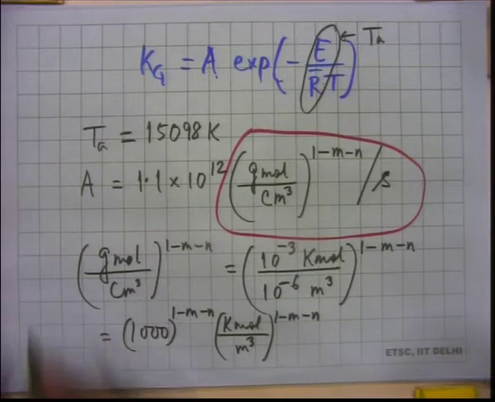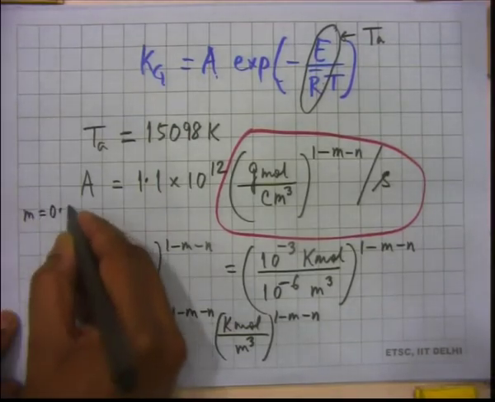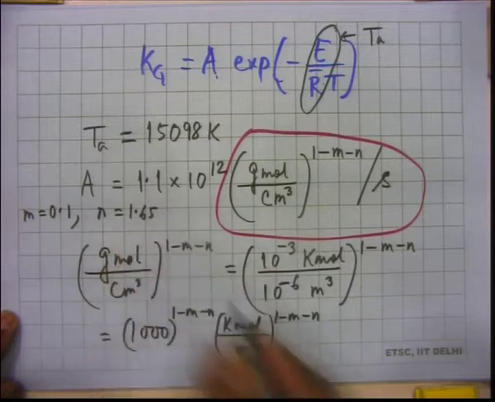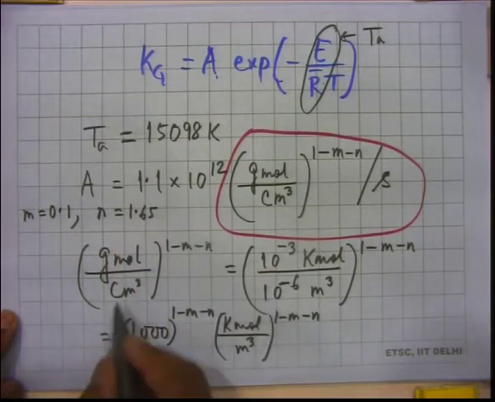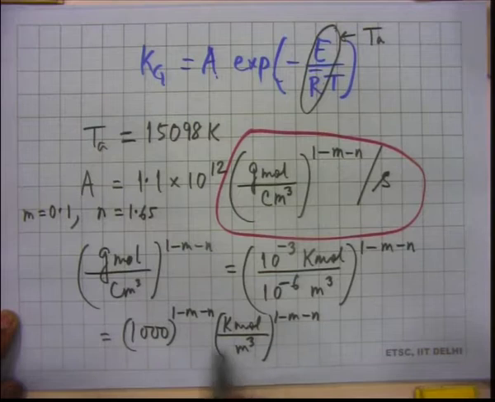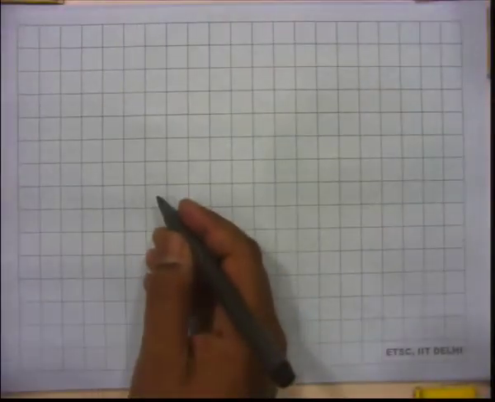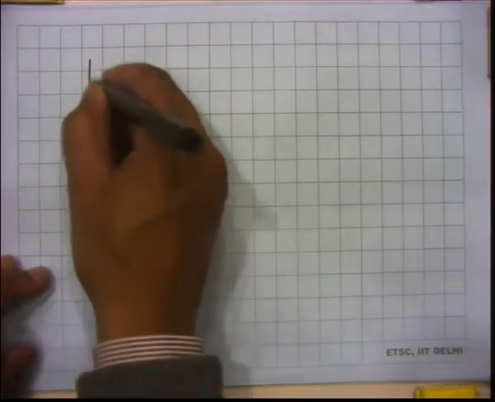The values are m is 0.1, n is 1.65. So, if you use these, then this gram mole per centimeter cubed can be converted in terms of kilomole per meter cubed. And if you do all that, then it is possible to show that Kg